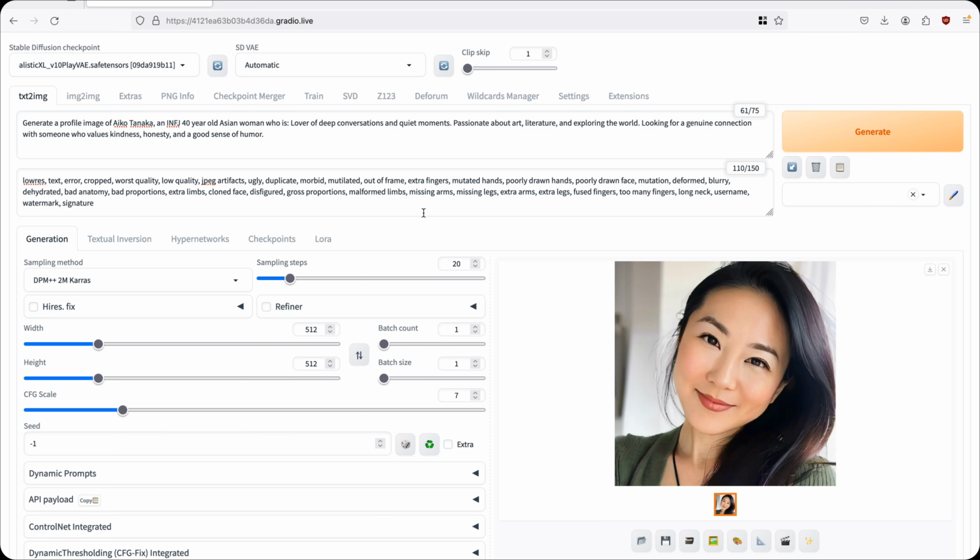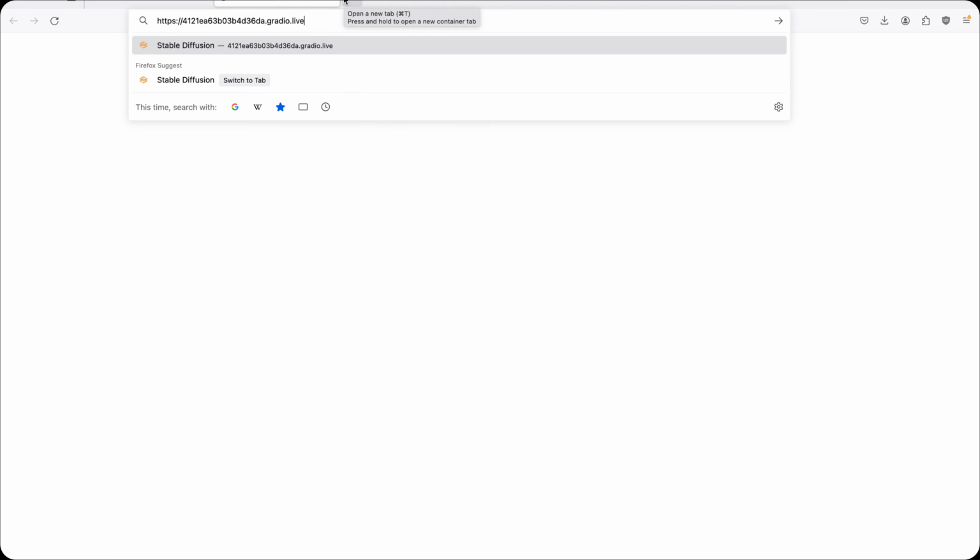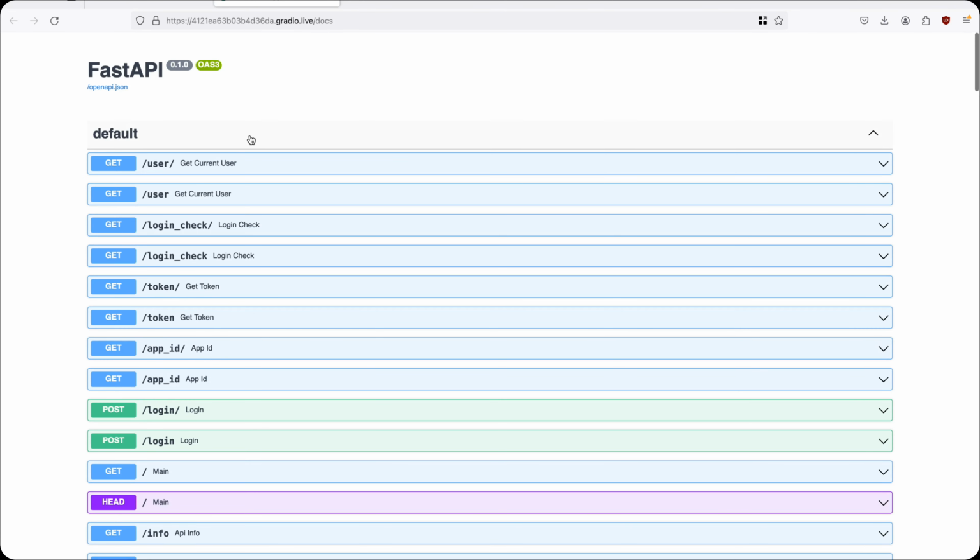But at a high level, this is what we're doing, right? We are using this thing called Stable Diffusion, which is a local way of generating images, right? You download a model and you give it a prompt, a positive prompt and a negative prompt. It is going to generate an image. What we just did here in the UI is what we're going to be doing via an API. And the image that gets generated is what we are going to download and save in our project. So now if you go to the Stable Diffusion Web UI URL /docs, it'll show you the API documentation